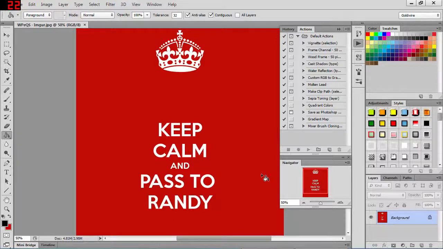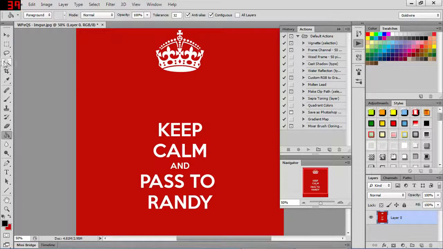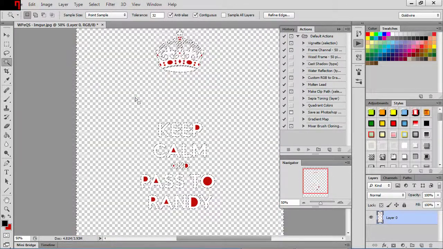You would double click on the background layer, and this just makes it active. This will pop up, just click OK. Then you take out the magic wand tool and click on the red area, and once that's selected, it makes a selection. Once that's selected, you would click on the delete key on the keyboard and it will remove the